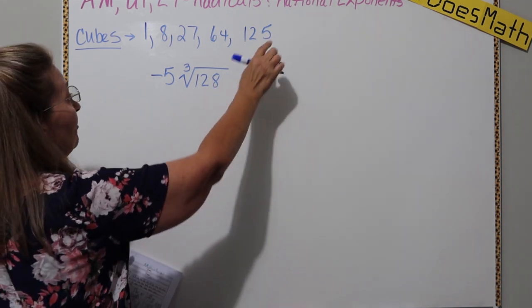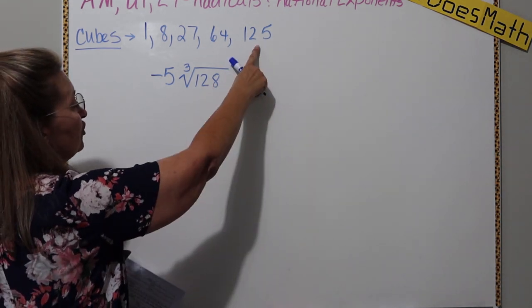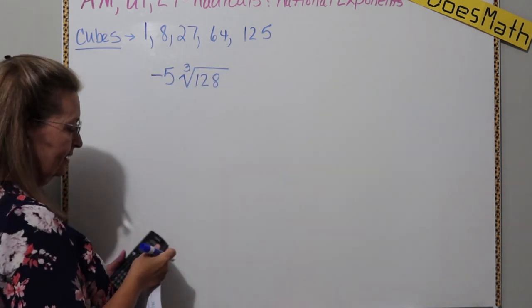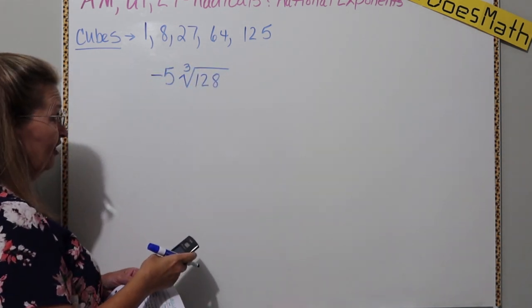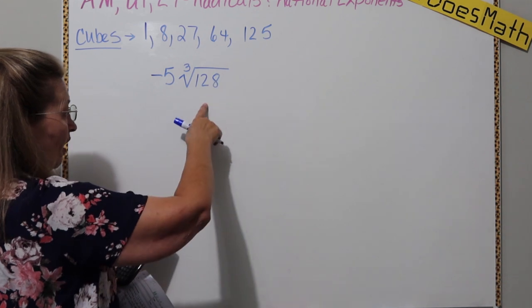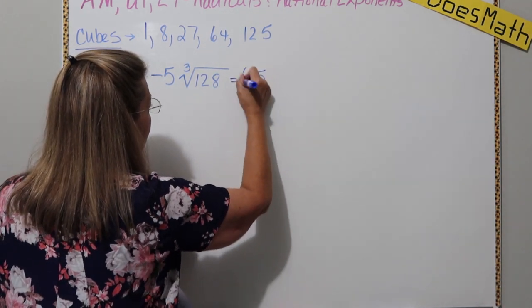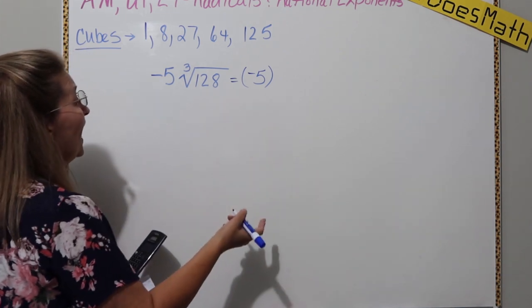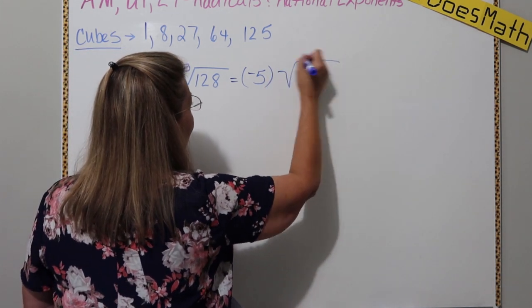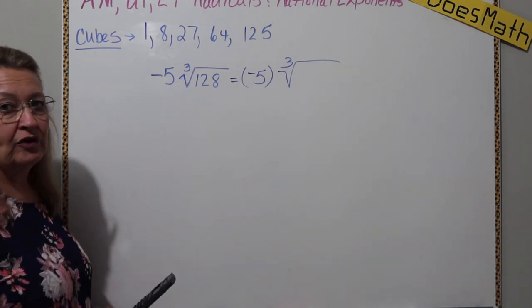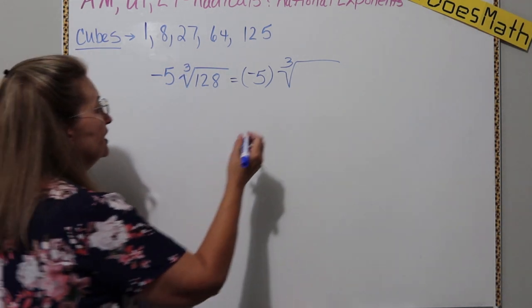In fact, this time I am going to start at the end, or I'm going to start where it obviously would be too much, and work my way back to see if I get the largest number first. 125 obviously won't go into 128. So let's go to 64. Now I'm going to have negative 5 times whatever I managed to pull out from under there. So will 64 go into 128? Well, yeah. 64